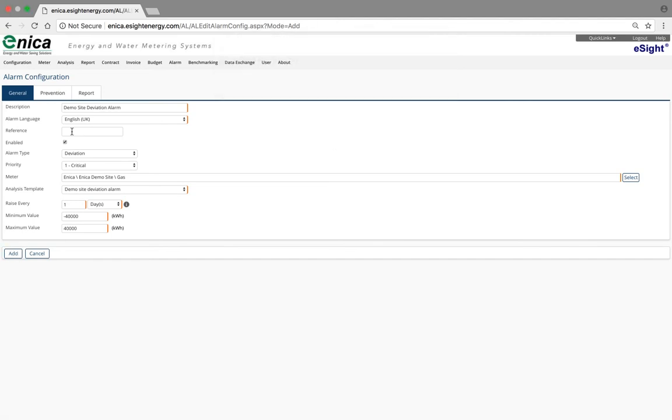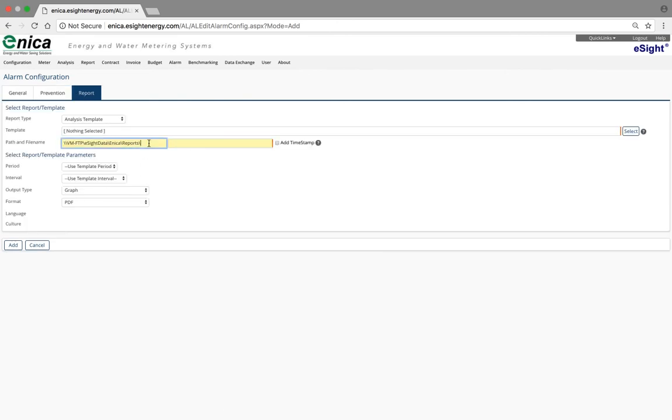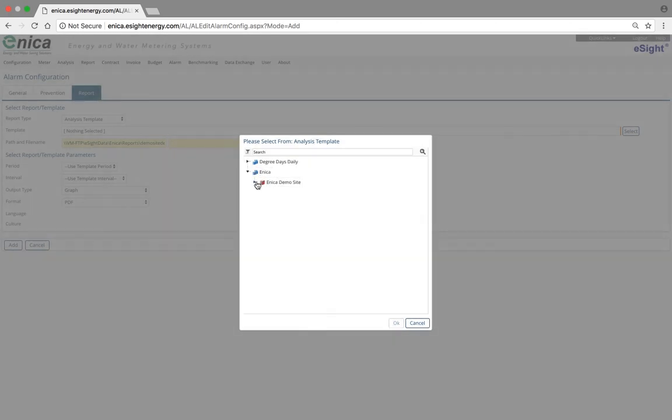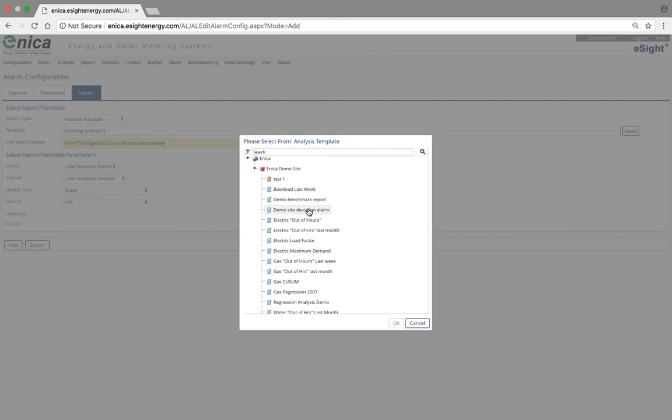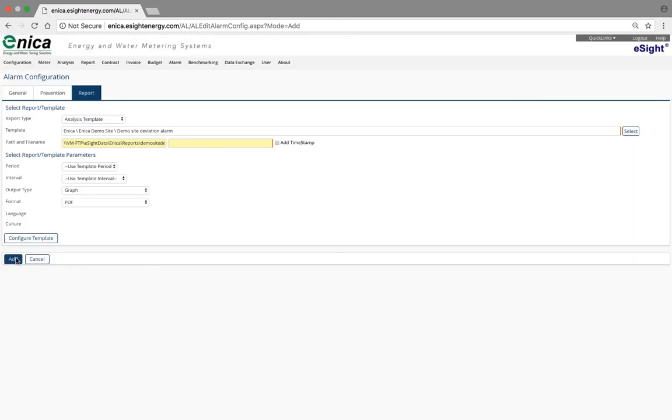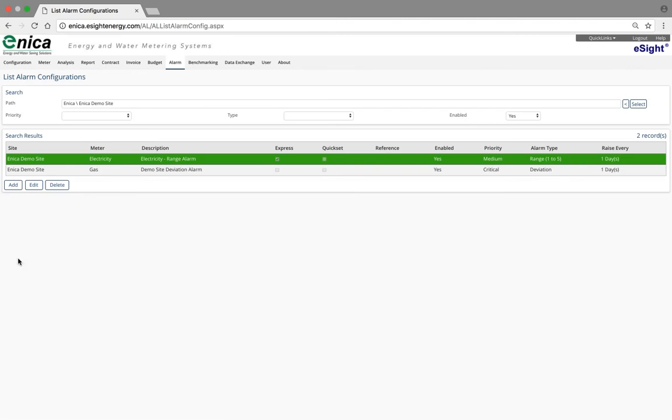we need to add a file name for our report in here. So we're going to call it demo site deviation. Right, that's because the template needs a path to live in. So we're going to find our demo site deviation alarm, click add, and click save. So what we've now got is an alarm that's an intelligent alarm based on degree days,